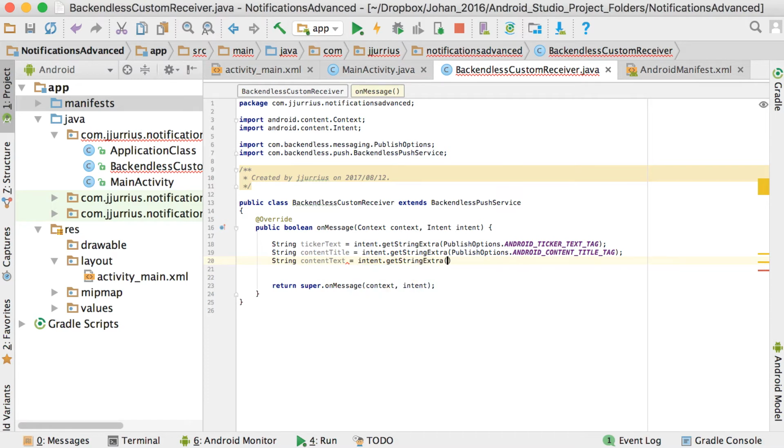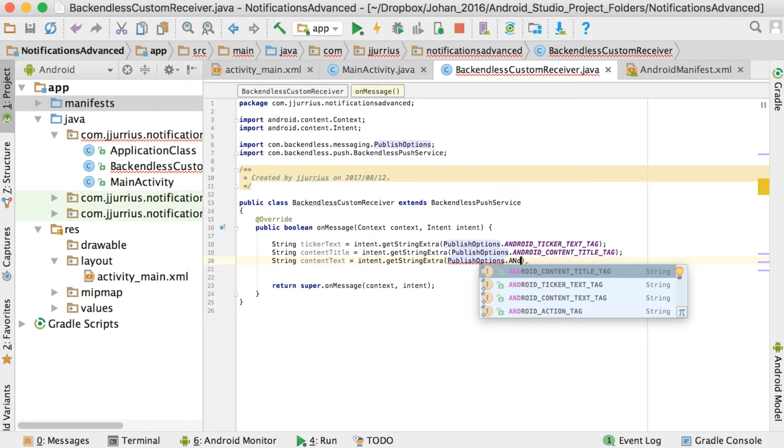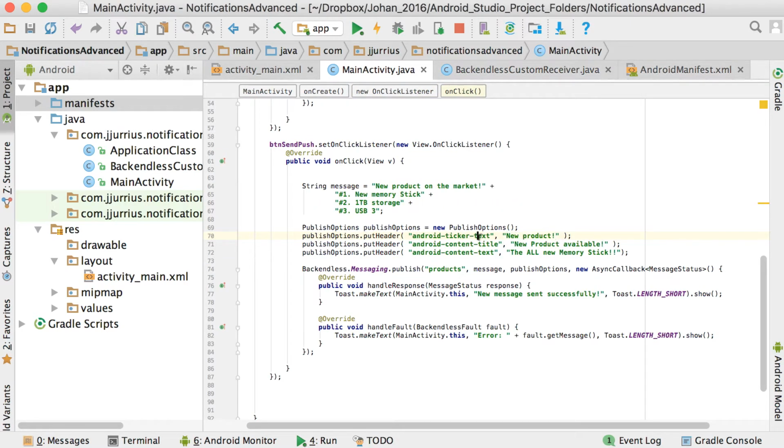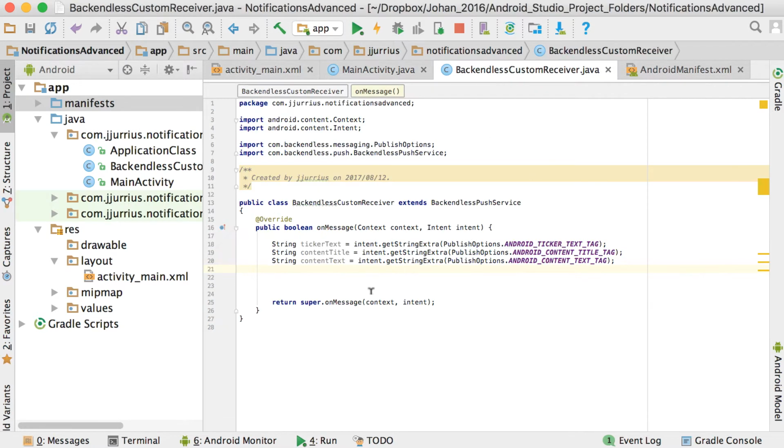It's also getStringExtra, also publish options, and then this one will be the content text tag. Okay, so now after these three lines, we've got the ticker text, we've got the content title, and we've got the content text. So basically, those three headers that we sent through when pushing through this message through the channel called products there. Okay, so the next one then that we can try and get there is the message itself,